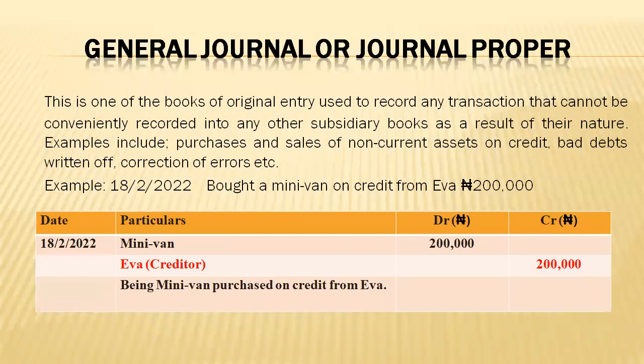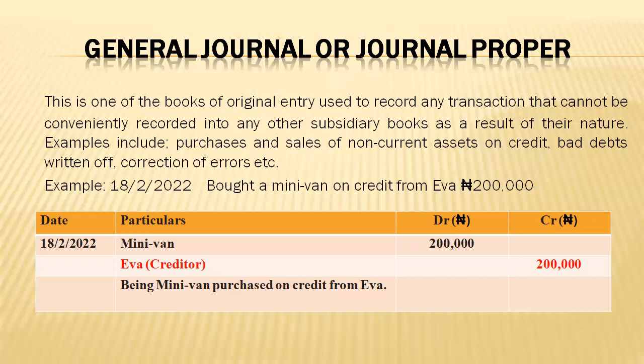So let's look at the general ledger or the journal proper. General journal, or the journal proper. This is one of the books of original entry used to record any transaction that cannot be conveniently recorded in any of the subsidiary books. For example, when you make purchase or sale of non-current assets, bad debt written off, correction of errors, all these can be done using the journal proper or the